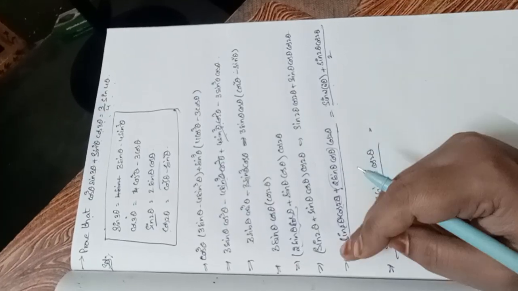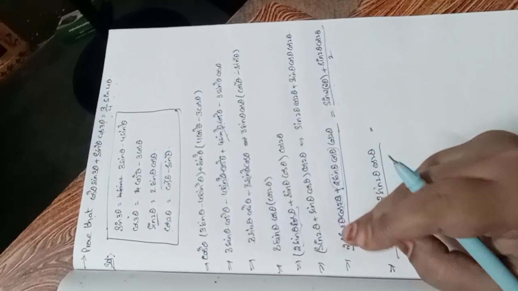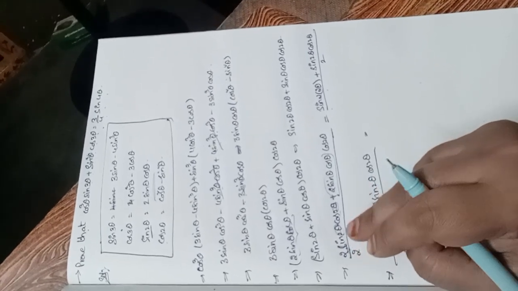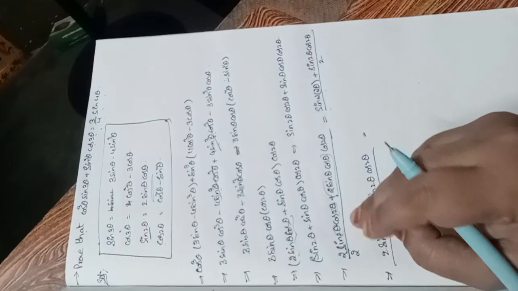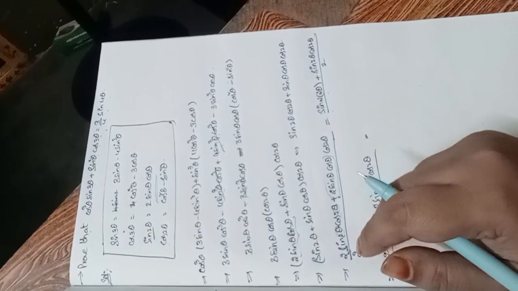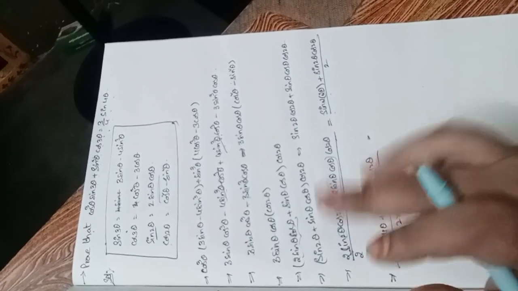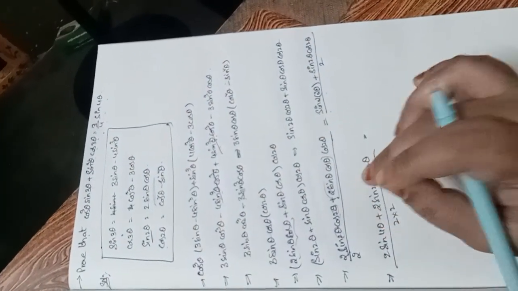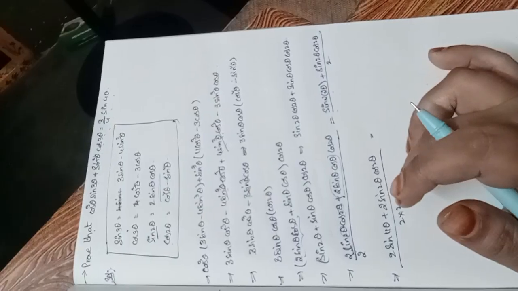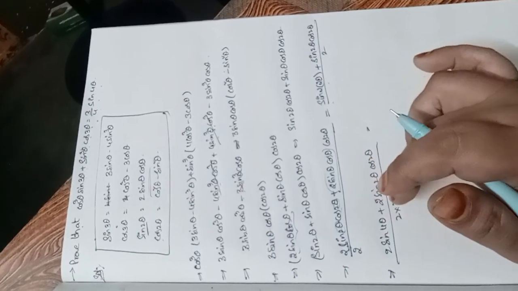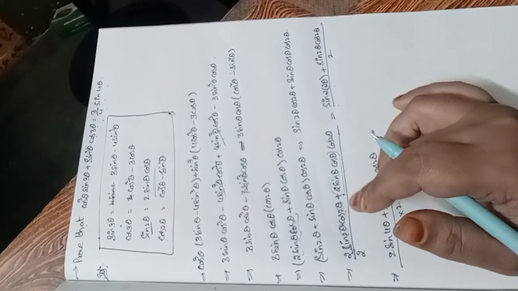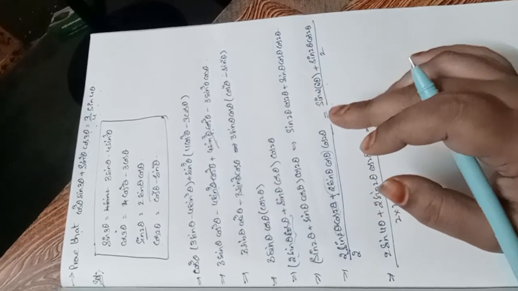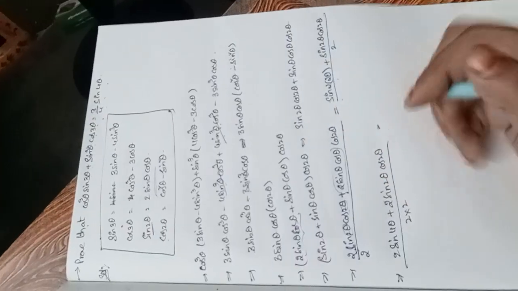So why are we multiplying and dividing? To balance the given expression. The expression must not change as we multiply or divide like that. If you are dividing the denominator, for the numerator also you have to divide. If you add, you have to add for both. If you subtract, for both. Whatever operation you are doing must be done for both numerator and denominator, so that no change will be there in the particular expression.